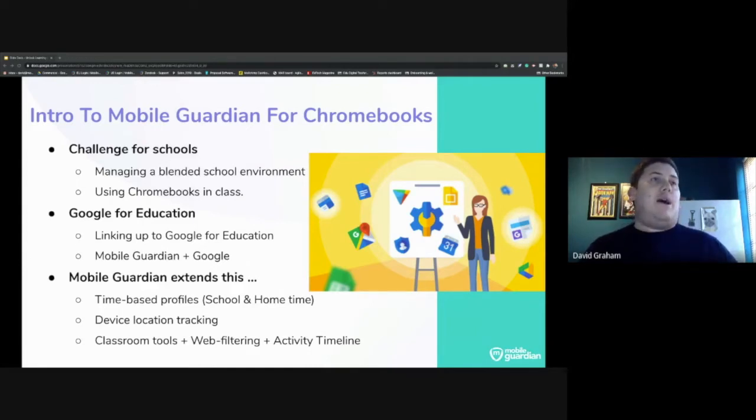So that way might be no Instagram, no YouTube, no Facebook, anything like that. You only want them to be able to access Google Classroom and anything to do with that. But when these devices go home, perhaps you want them to be a little bit more relaxed and allow the students to browse the internet in a more free environment. So being able to then allow Instagram, Facebook, YouTube, when it's outside of that school zone, you're able to build